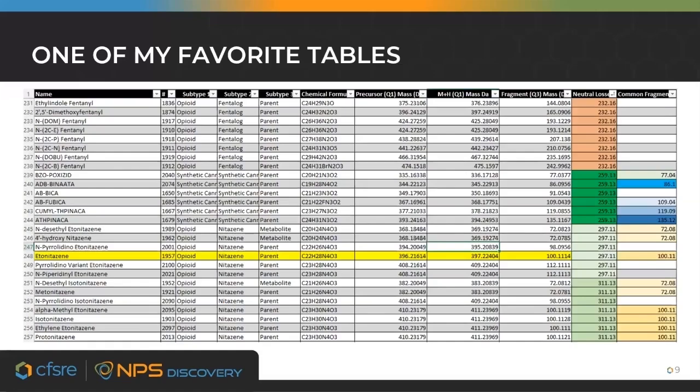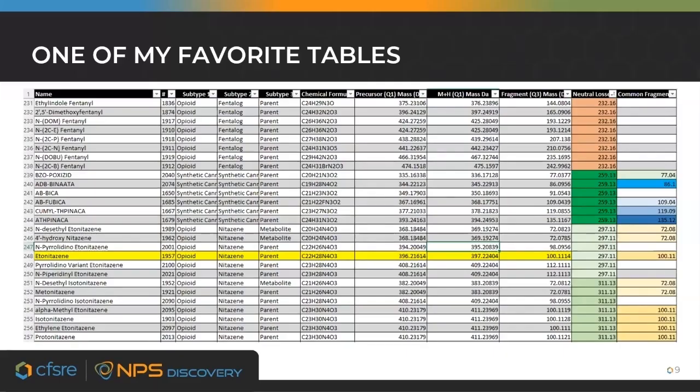This table is probably one of my favorite tables. Every scientist has one of their favorite Excel spreadsheets. This is one of mine. This is generated from our SCIEX SWATH library that Alex Grotulski and Sarah Walton, two of my colleagues, primarily populated with data. I noticed that this data could be used to help us predict neutral losses from these, and also to consolidate the common fragments produced and help us to target the most valuable common fragments and neutral losses